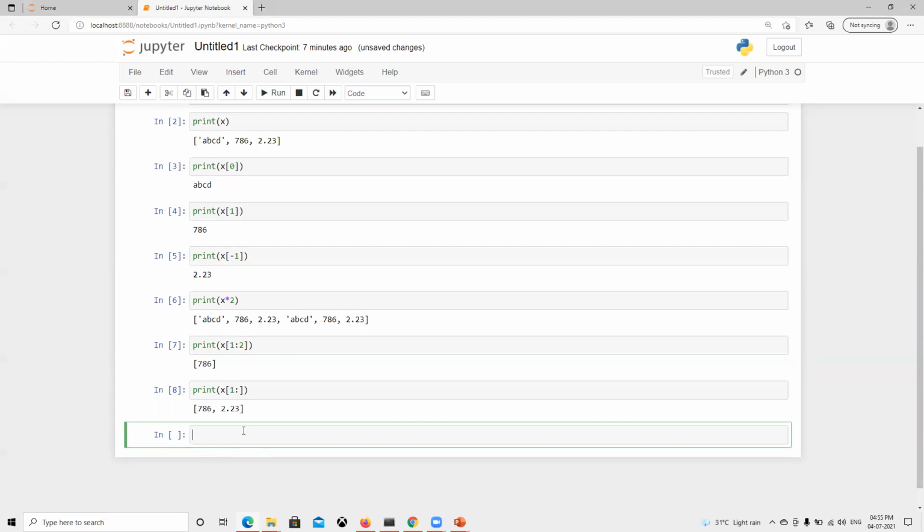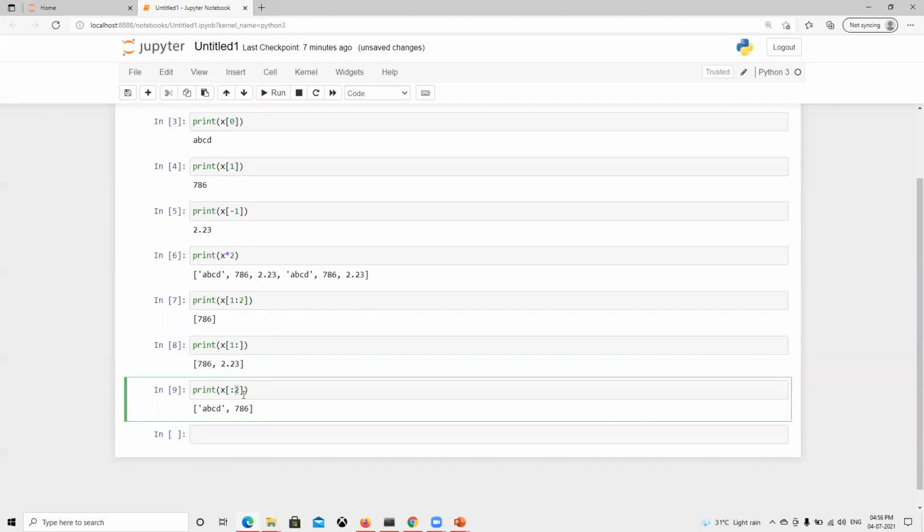Similarly, if I need to provide only the ending position and not the starting position, we can remove the start and execute. Now we see it printed up to the ending position. As we know, it goes till one place before the end, starting with 0, so index 2 is not included. It's displaying only these two items to us.